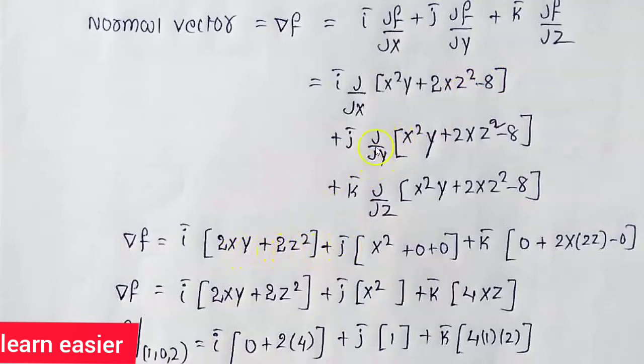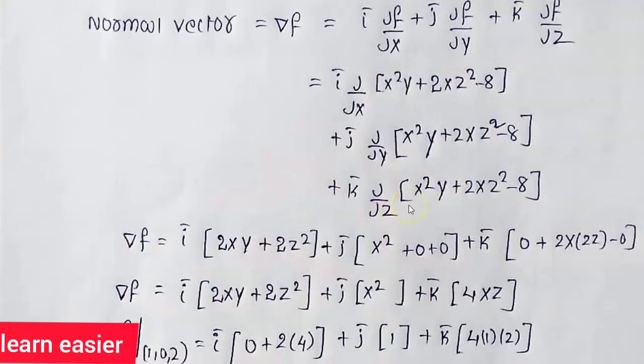And next, we have to differentiate this function with respect to y by taking x and z as constants. Here we have x squared into y, so the derivative of y is 1. So we get only x squared, plus, here we have no y terms and here also we have no y terms. So we take these as constants, so the derivative of these terms is 0. So we get 0 plus 0 plus k bar into,